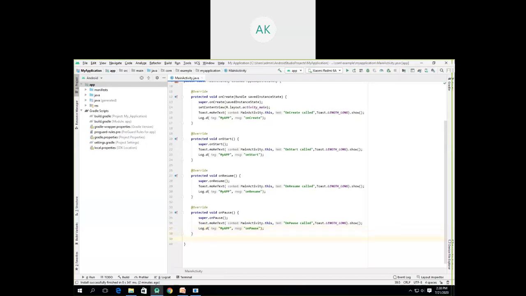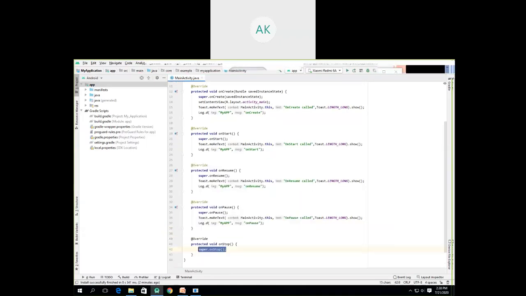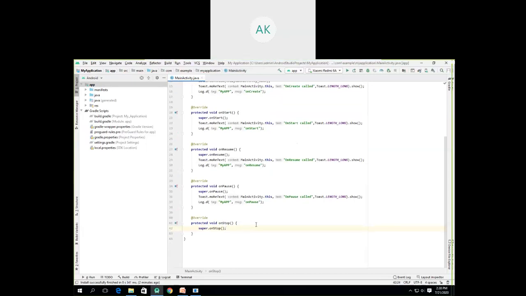Then the next method that we have is basically onStop. Inside onStop also we write onStop called, and in the log message also we'll denote it as onStop.